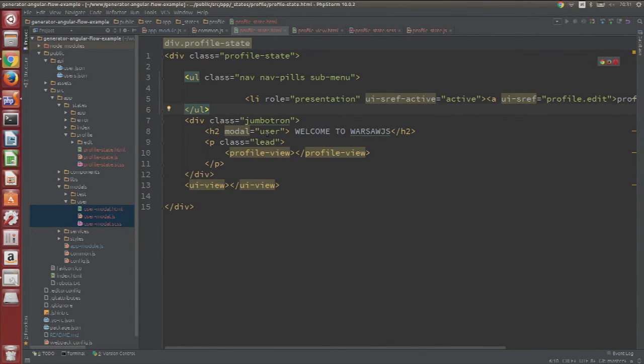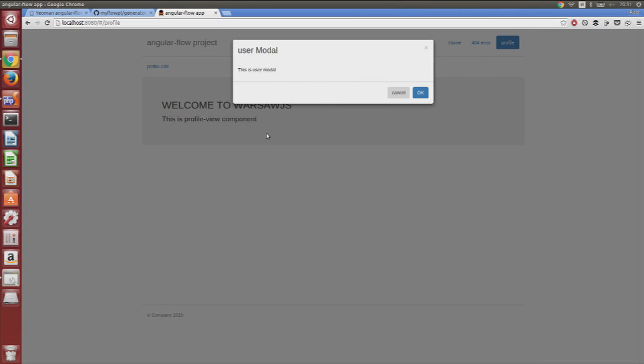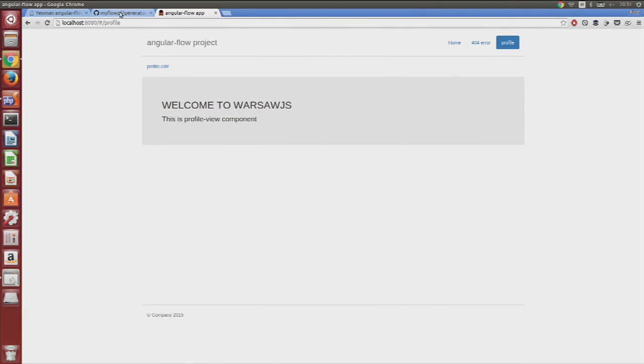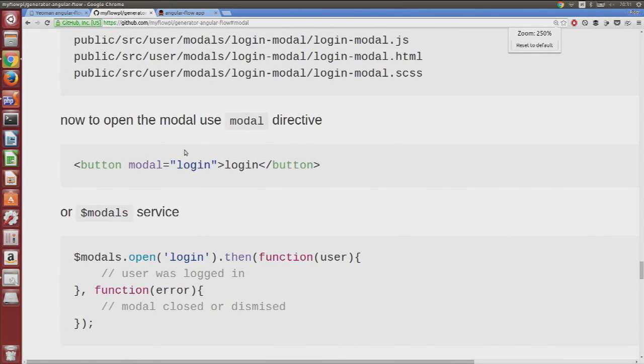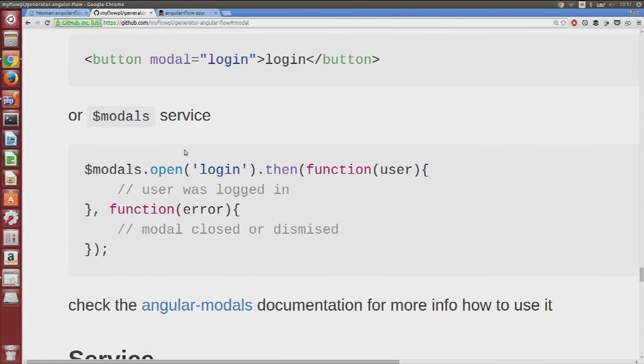And here we can see the modal. We are using a directive to open the modal. So this is this case. Also, we have the service inside, so we can just open the modal programmatically inside the controller. And one thing I discovered when I found AngularJS and UI Bootstrap for Angular was that modals